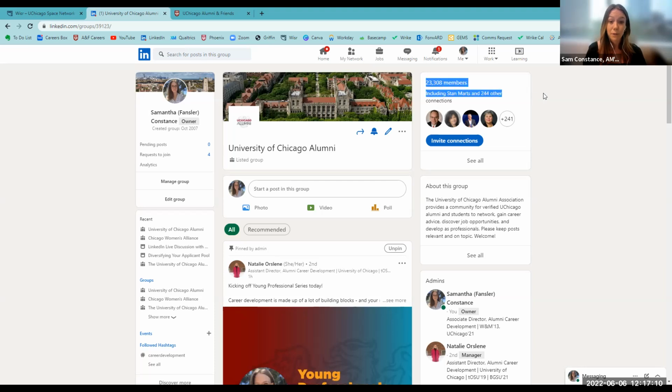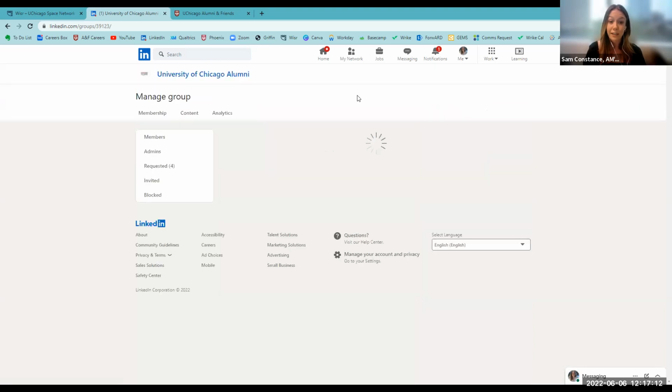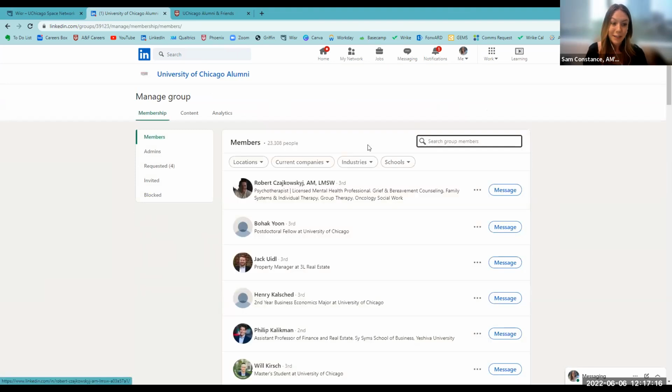So up on this members tab on the right, you can click see all, and you can see all the people who have joined this alumni community and filter by location, company, industry, or keywords. There's some really great things happening in the group here, and I encourage you to join this group. And I think importantly, it is a closed group, so you know that it's just UChicago alumni when you click to join into this group.